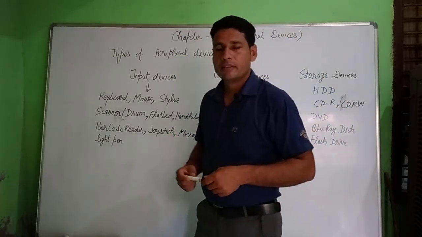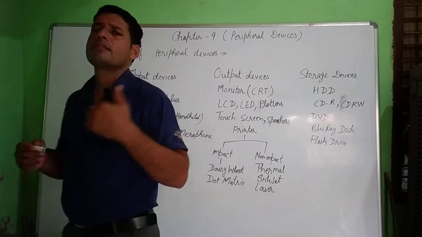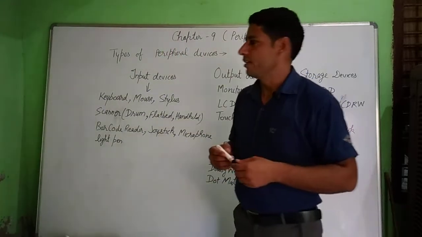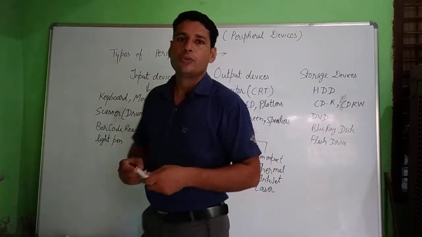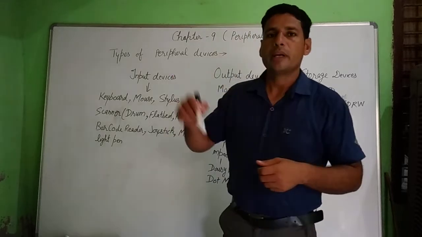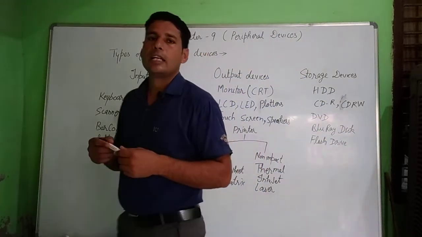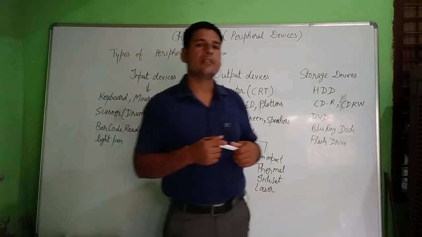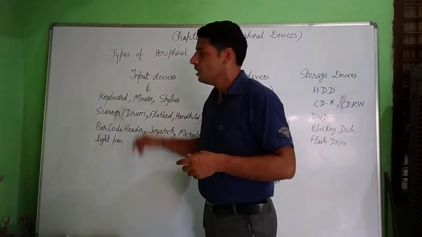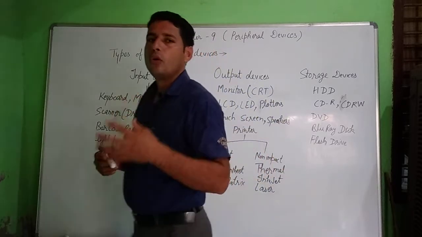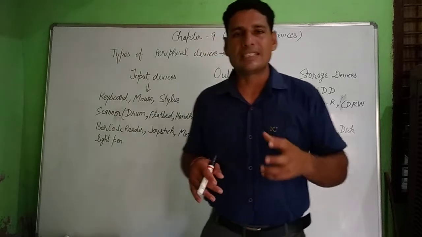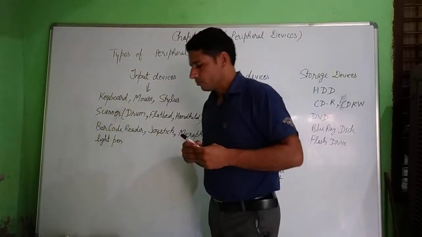Next is light pen. They also work like a stylus, but there is a slight difference. They are basically used for typing work. If you want to type anything on the screen, you can type with the help of these light pens, but you need a touch screen for these also. So these are some common basic input devices which we have discussed now.